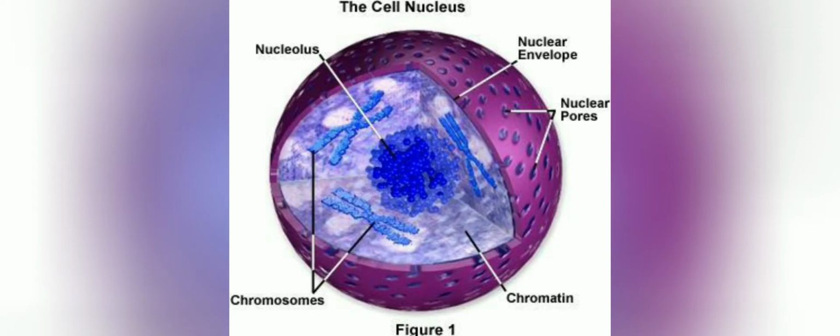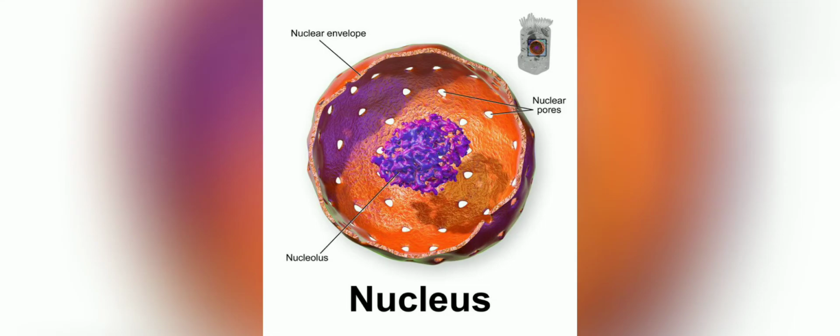And here, nucleoplasm, the second one. It is the colorless dense substance found inside the nucleus in which chromatin and nucleolus are suspended. You can see the nucleoplasm. In the nucleoplasm, chromatin and nucleolus are suspended. Another part is the nucleolus. It is a nearly rounded structure found inside the nucleus. It is not bounded by a membrane. It is rich in RNA and protein. It is the site for the ribosome formation.